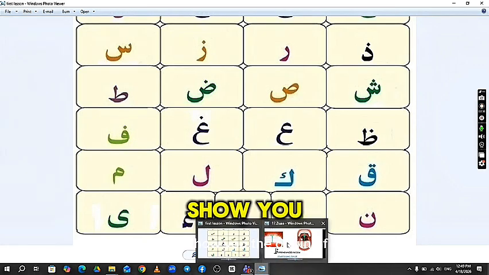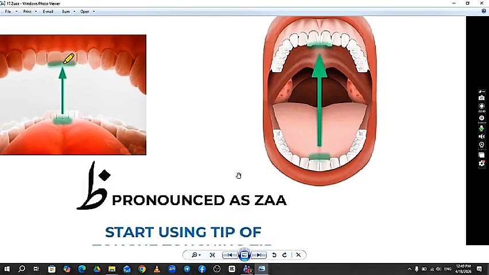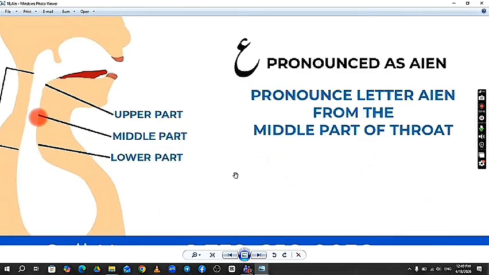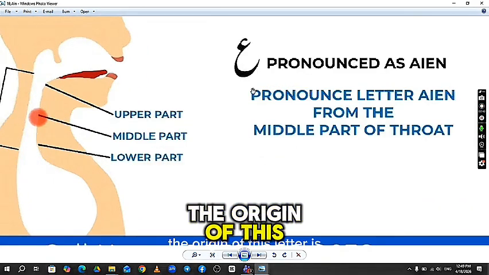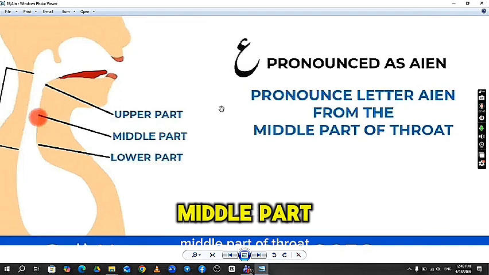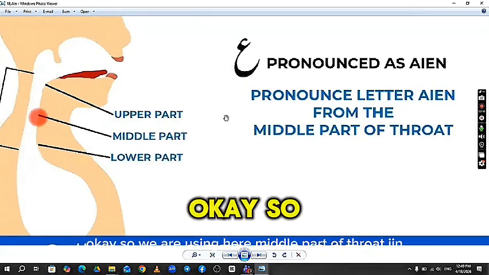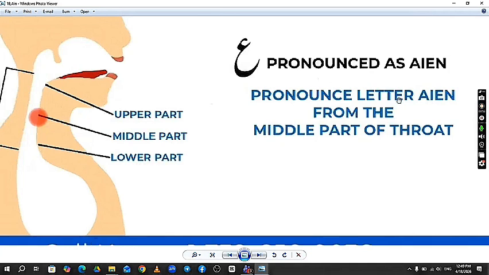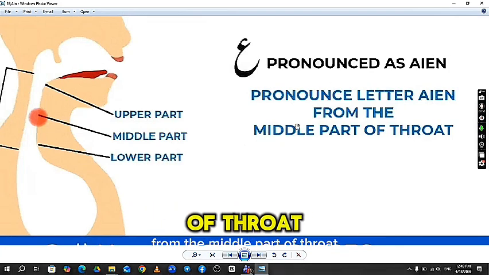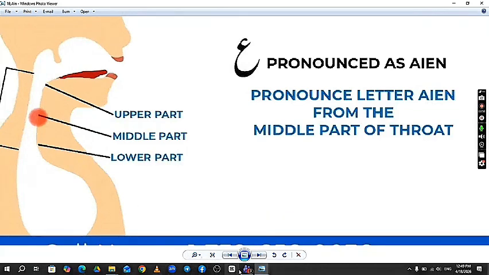And I will also show you the origin of this letter. Check please. The origin of this letter is the middle part of the throat. Okay, so we are using the middle part of the throat here. Ain, pronouncing the letter Ain from the middle part of the throat. And for the Ghain,